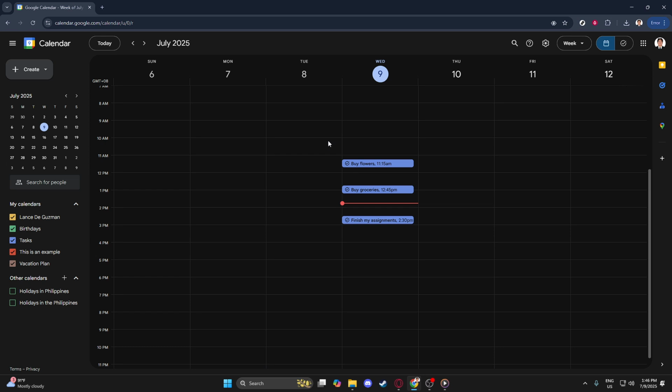Now that you're in your calendar, take a moment to find the pending task you wish to remove. Your tasks might be displayed in various views like day, week, or month, so ensure you're in the correct view for easier navigation. Simply click on the task that you want to delete. This will open a small window or pop-up displaying more details about that particular task, including the option to remove